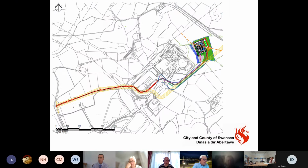So this is the overall site layout. What you'll notice on there is that the access utilises the existing access. The yellow hatched line is the access for the Abergelli Power Project, which is a gas-fired power station granted development consent order. So the access for this site doesn't join that, it joins it later on. You can see the grey line where the red dotted line stops and goes into the grey line, that is the access. So this plan gives a brief overview of all the works,